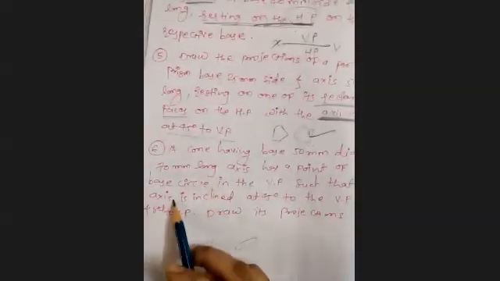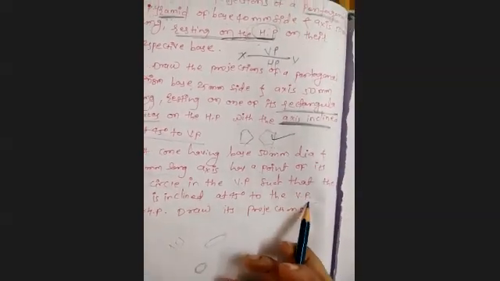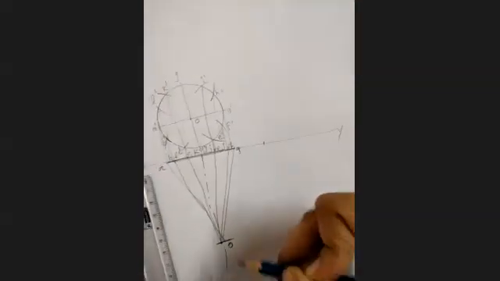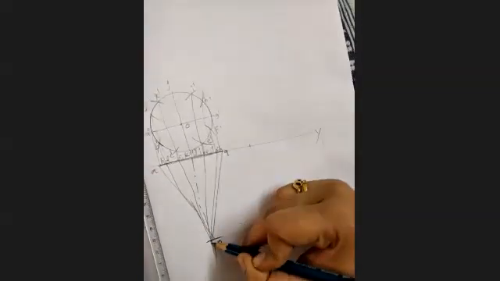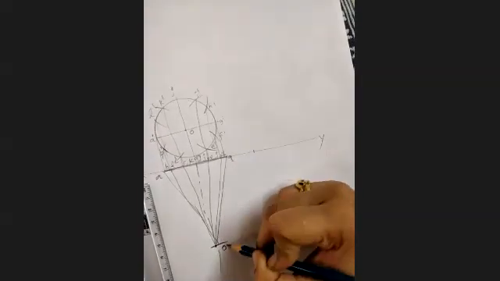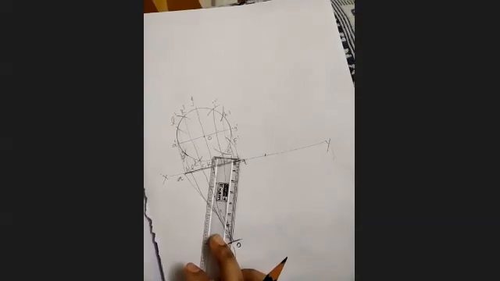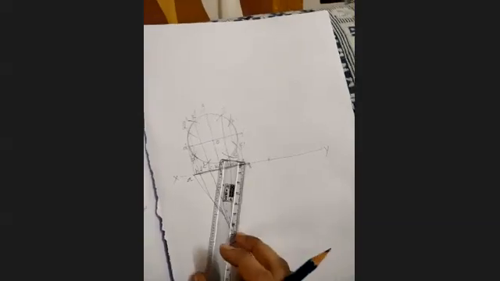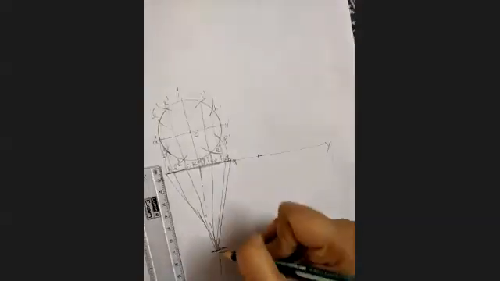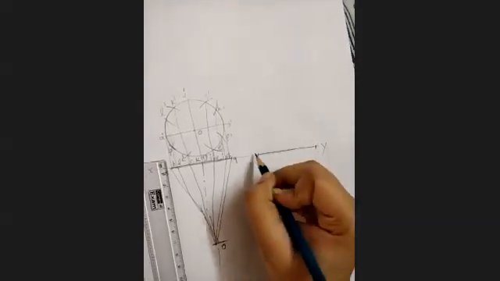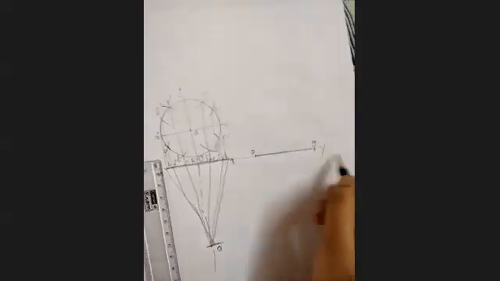Next, they are given second condition such that the axis is inclined at 45 degree to VP and parallel to HP. Means from this XY line, anywhere take one point, this is a base point. Consider this as a base point, G to O, this length is how much? 70 mm. Just this is rough diagram, guys. Take 70 mm, draw this line here. This is O and G line. Up to this point is clear?